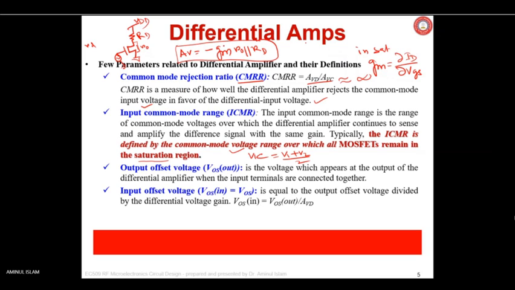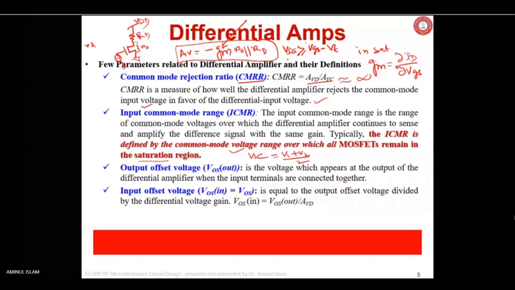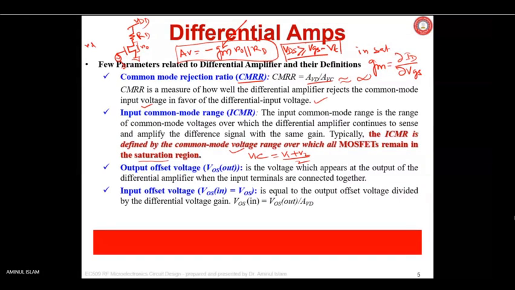So in the saturation region, gm is very high compared to gm in the linear region. And we all know what is the condition for putting a MOSFET in the saturation region. What is that condition? Can you remember? Yes, sir. VDS is greater than or equal to VGS minus VT. You are very right. So if this condition is satisfied, then this MOSFET is in the saturation region. So to get high gain from the CS amplifier, we put it into the saturation region. Okay, that is the reason.